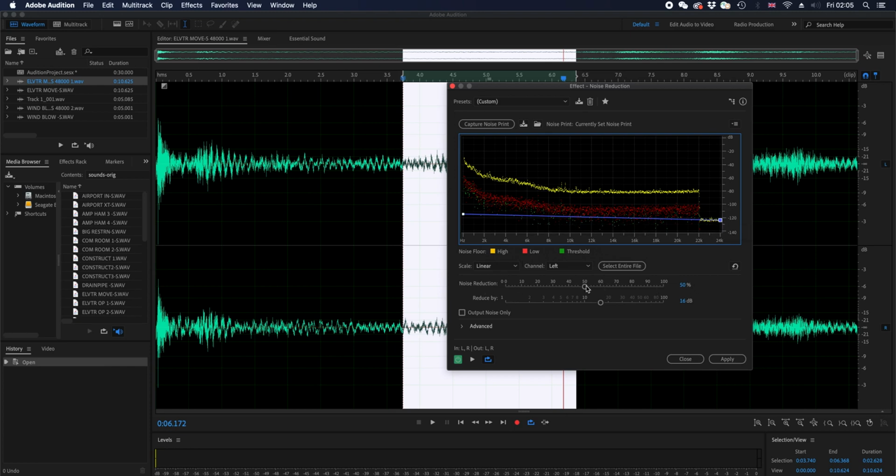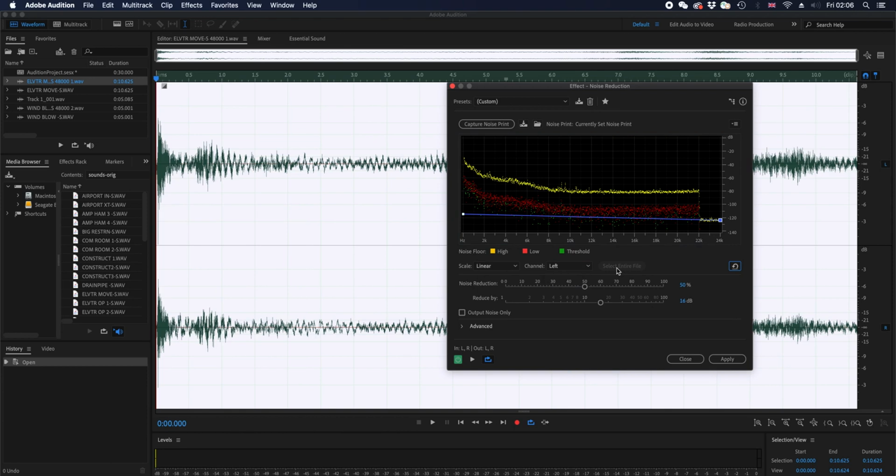I can process the noise reduction to a specific percentage, or I can reduce by decibels. I can have a linear or logarithmic scale for left and right channels, or select entire file if I want, and this will select the whole file. So anyway, let's do the whole file. And here, by putting output noise, I can listen to what it is going to remove, what the algorithm thinks is noise. I can play this,